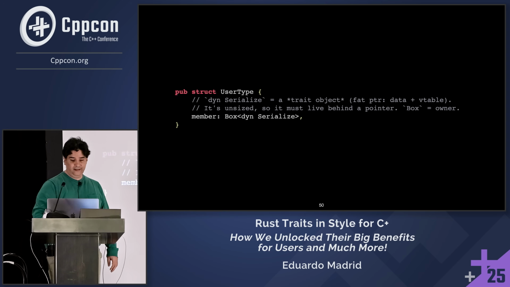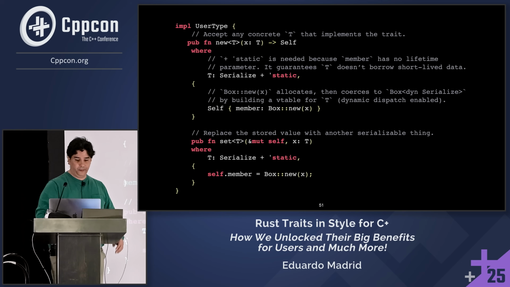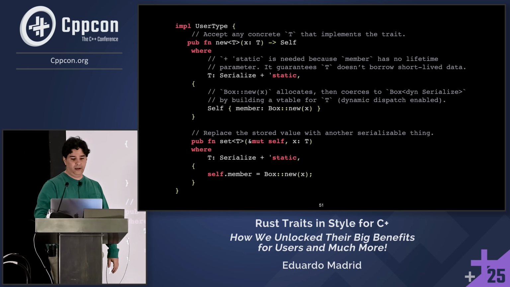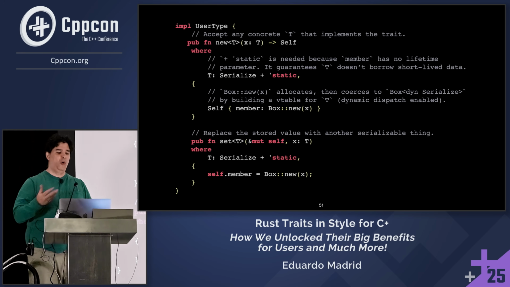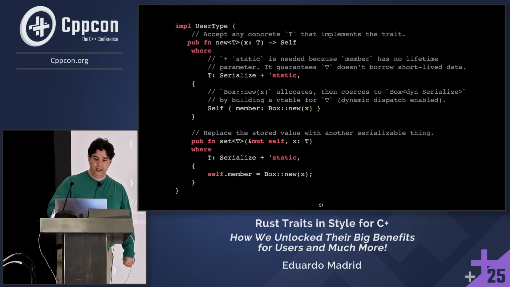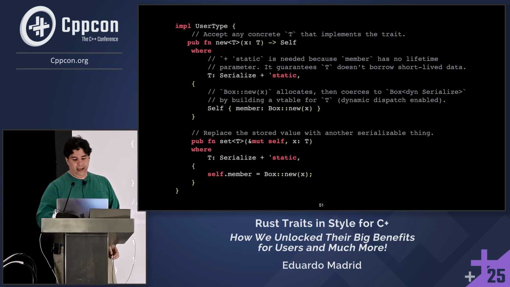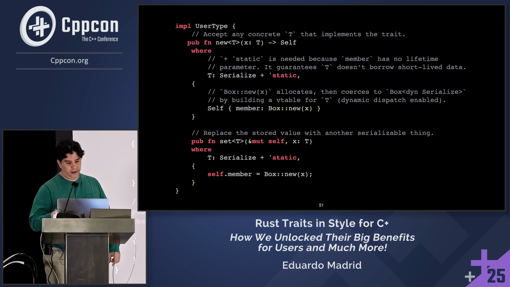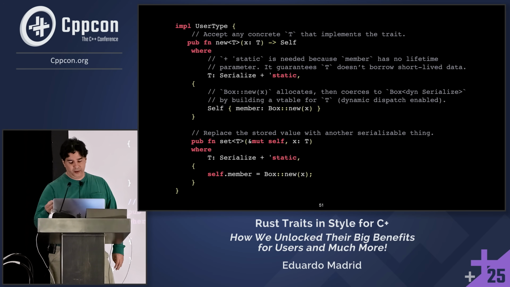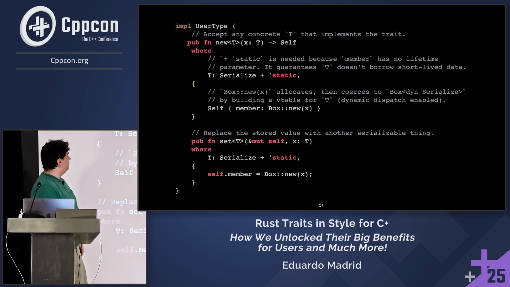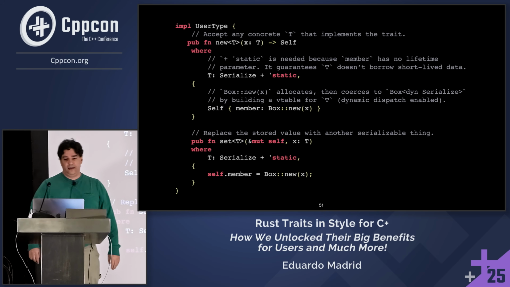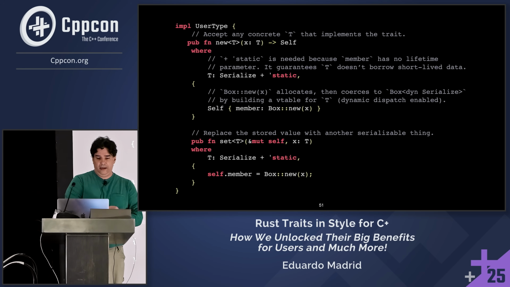And this is just a declaration of the user type. And now this is the implementation of the user type. And then we're going to see more details of Rust. Like, for example, in the part of T: Serialize + 'static, like this part here, Serialize + 'static,